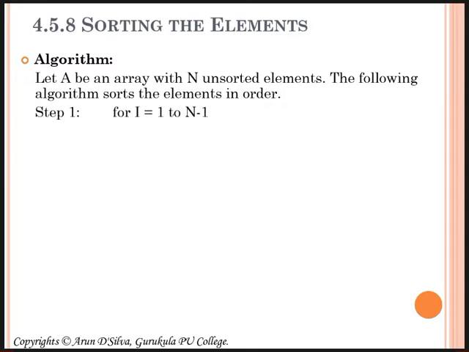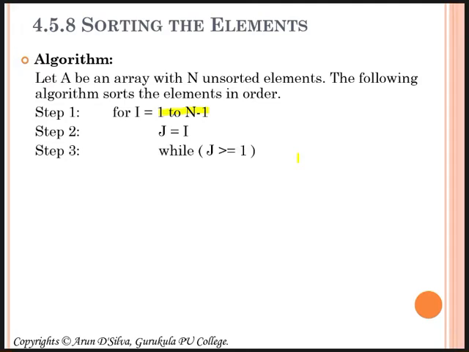Step 1. Take a loop for I, the index value, from 1 to n minus 1. As I told you, the first element is kept as a key element. So here it starts from 1 to n minus 1. Otherwise, the loop always starts from 0 to n minus 1. As we have understood from the definition, the first element is a key element, so that is the reason this loop starts from 1. Next step, this I value we are copying into the j variable.